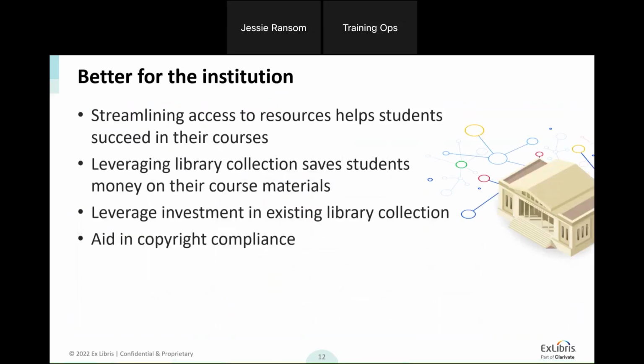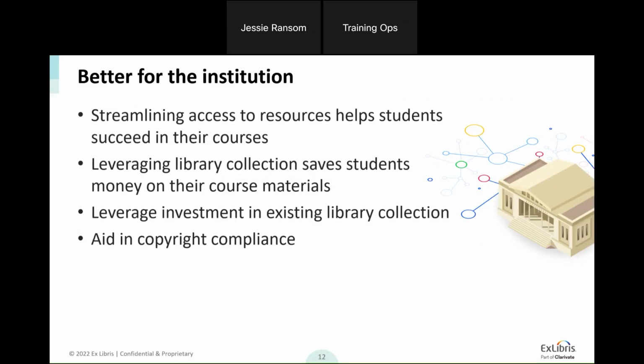And the last one, I realize I told you I was going to be on my soapbox here, but I did want to start with this piece. I realize that many of you are probably not surprised by anything that I'm saying here, but also on the end, better for the institution as a whole. Leganto helps streamline access for students, which provides a better learning experience for them, takes away some of the roadblocks that they may encounter in accessing their course materials.